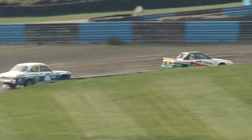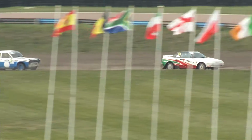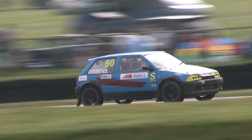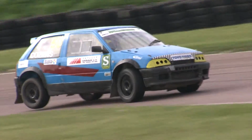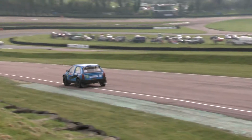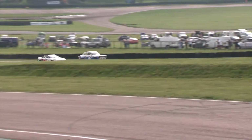There's no joker lap, remember, in Retro Rallycross, so it's the normal lap every time. You didn't do jokers in period for these cars, so why do it now? Steve Cousins continuing to build that gap up front. Brakes hard for the hairpin, turns through the right-hander. And so for the two-wheel drive final, him versus Gary Simpson will be a very interesting fight indeed,